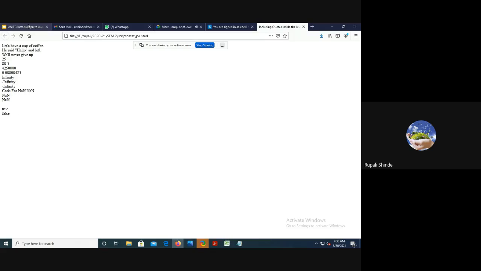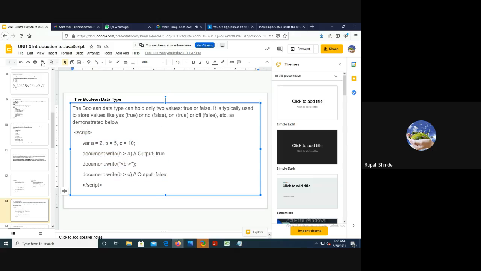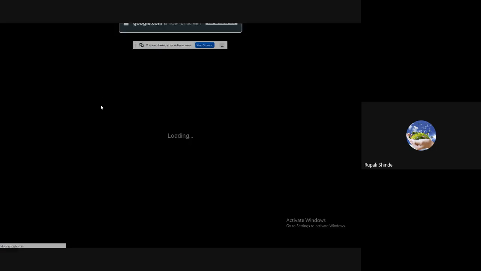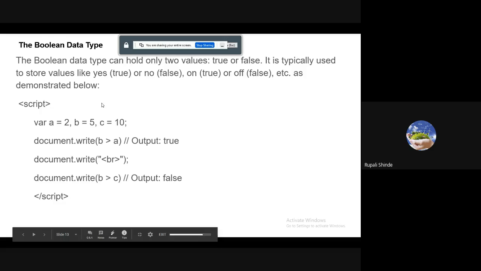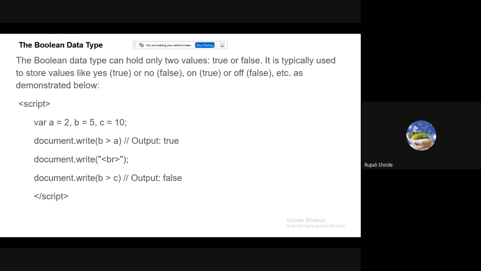Now, how is it true and how is it false? Because what is the first statement? The first statement is b is greater than a. Now here b is 5 and a is 2. So the output is true. Then document.write b is greater than c. Here b is 5 and c is 10. Again the statement is false. So the output is false.